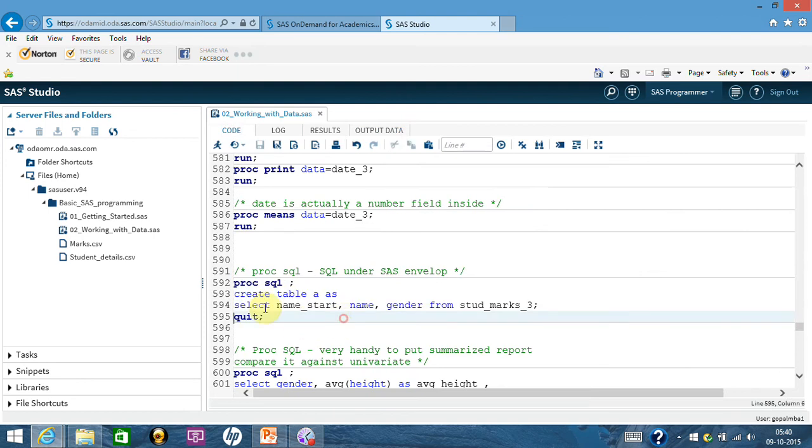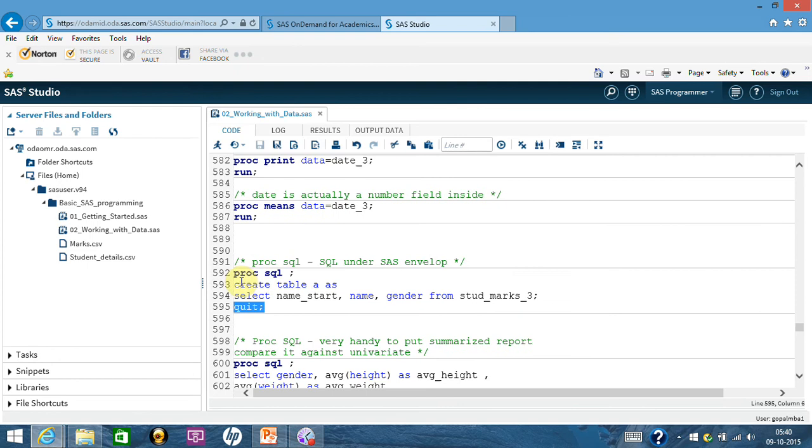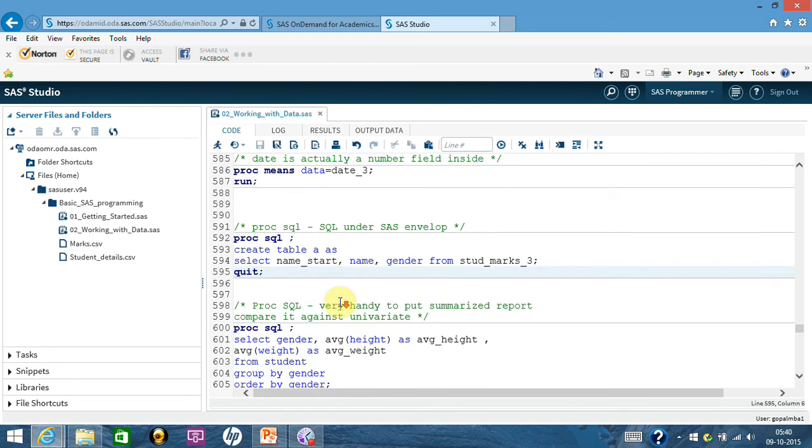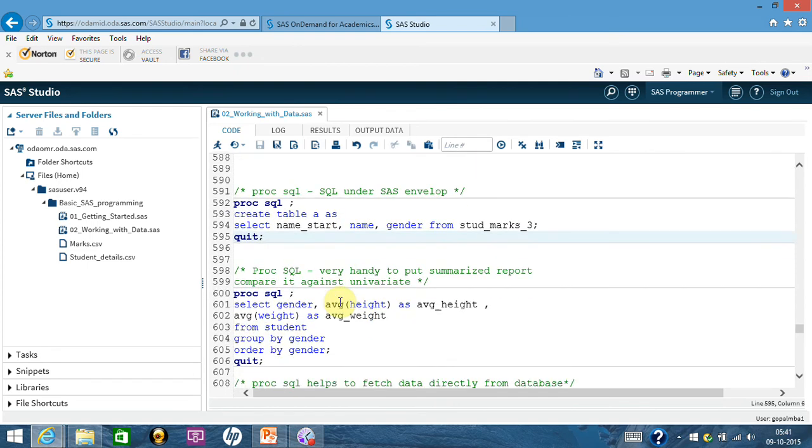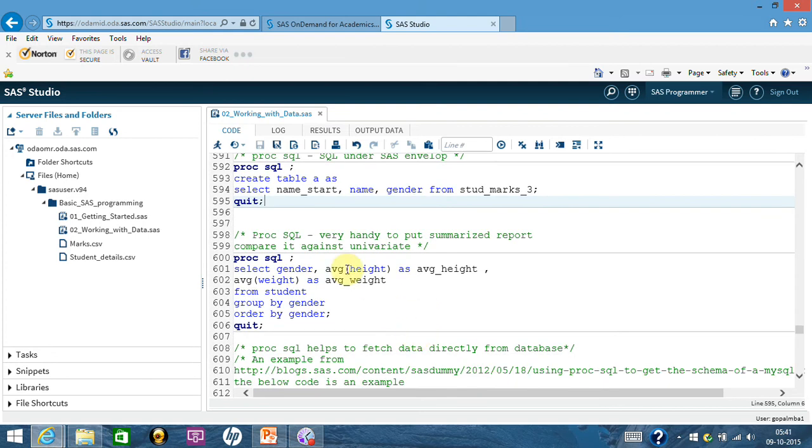So it works, and this command, like what you are seeing here, is very standard. This command is just SQL. Even this create table is nothing but an SQL command. Even a univariate kind of thing you can do very easily using SQL commands. So this time I'm using SQL here.